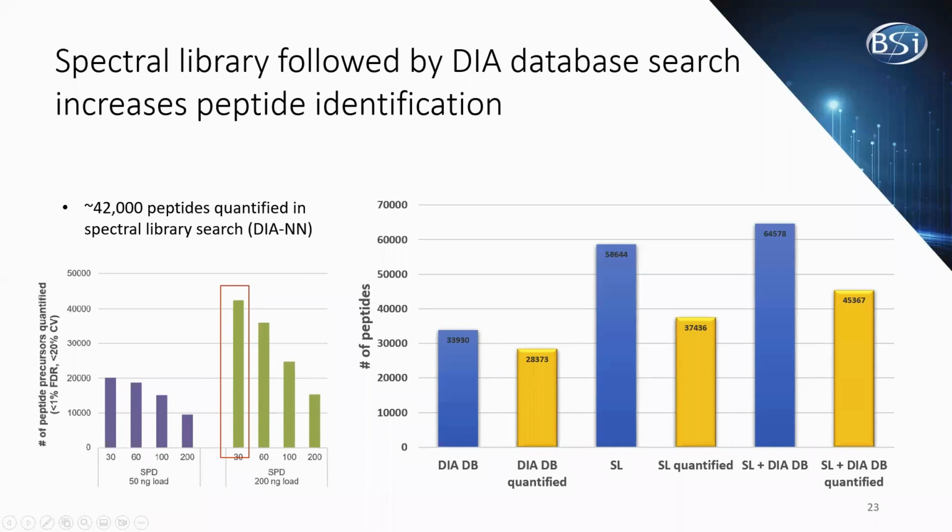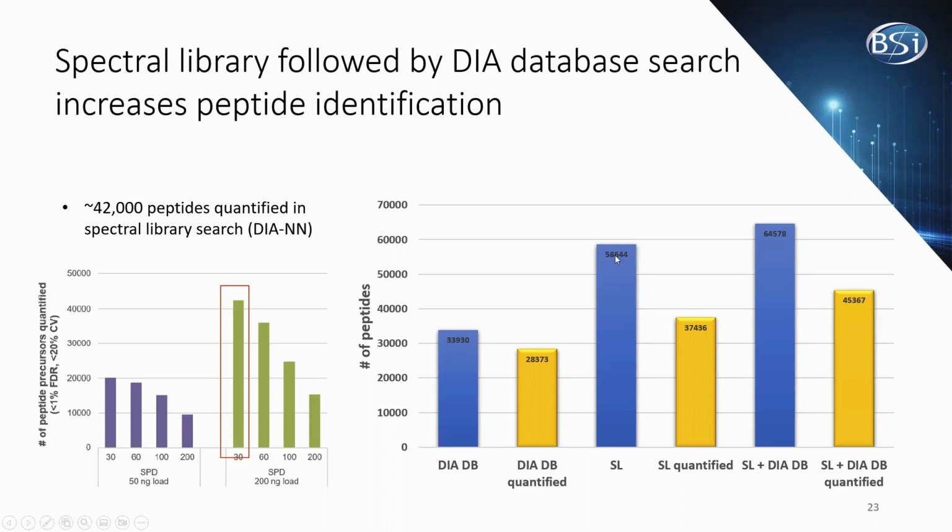And so I performed the exact same workflow and compared to the number of peptides identified in this 30 sample per day workflow. And so with direct DIA, we can identify close to 34,000 peptides,